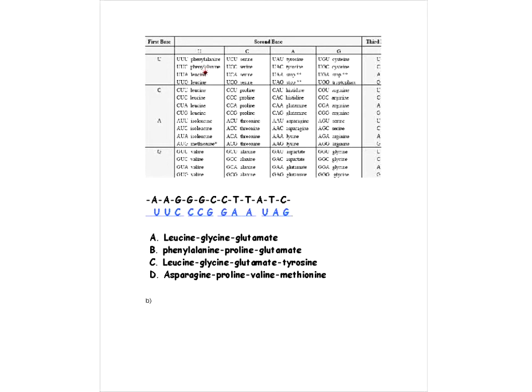We wouldn't have to do anything further, unless there's another possibility for UUC, because sometimes you can get more than one sequence being produced. But just in case, we go on to the next one, and that RNA sequence would be CCG. CCG is going to be proline, which is right here. That's the way you would figure this out. You take the DNA, find the corresponding RNA bases, and then use this chart to find the correct amino acids.